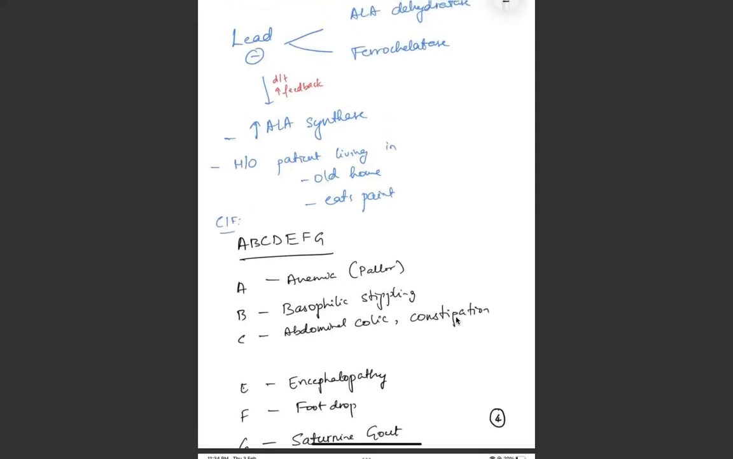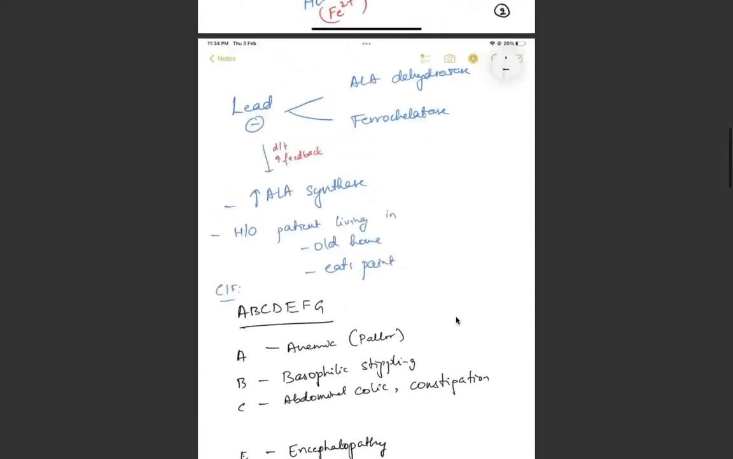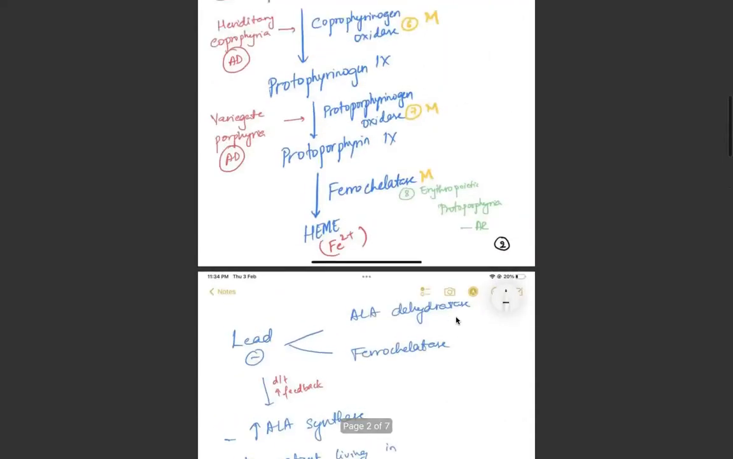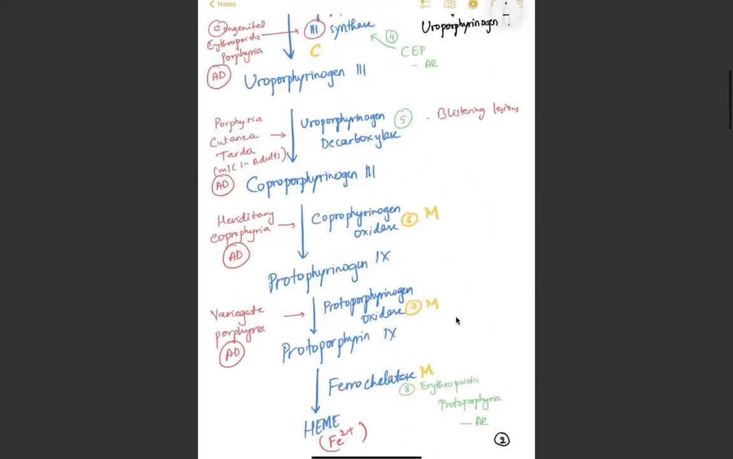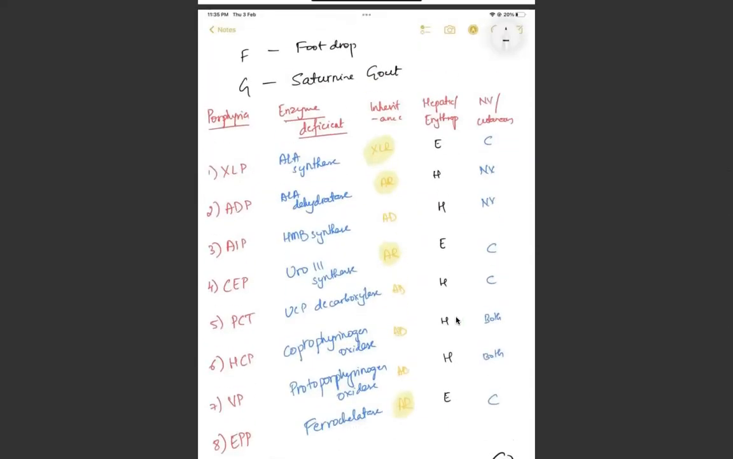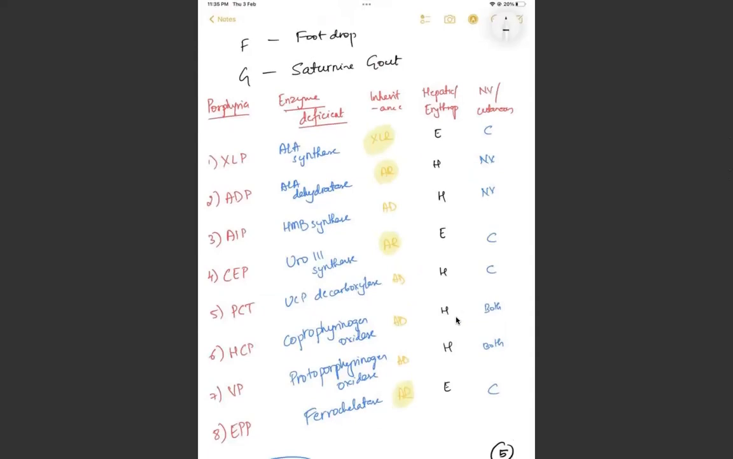Okay, then next page. Yes. Then you look at the